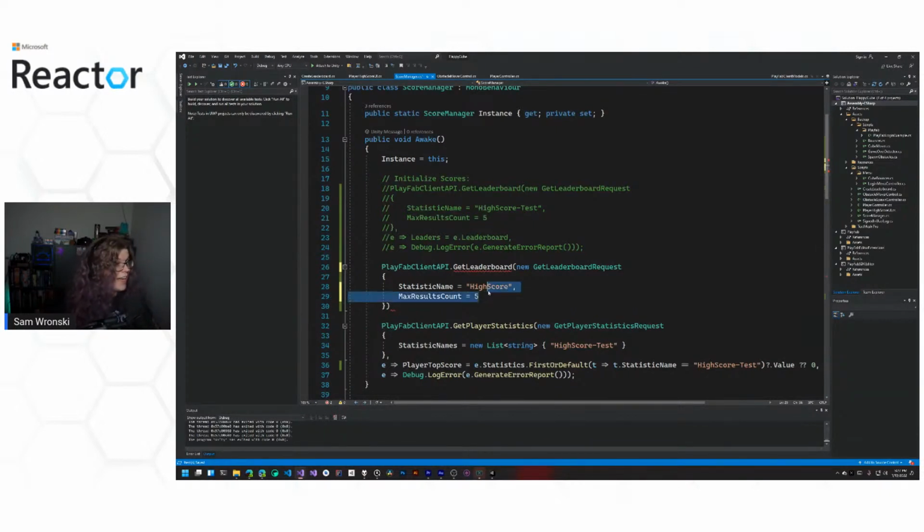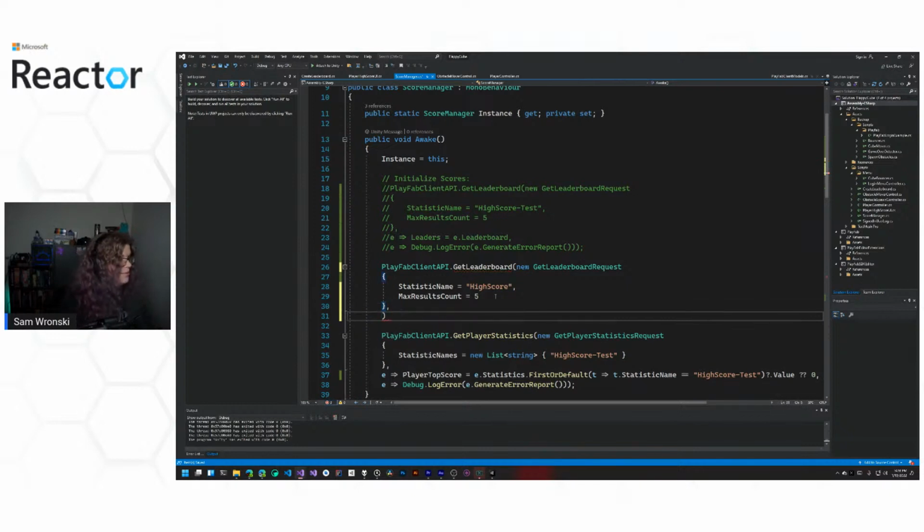And then we're going to get 5 just for ours, because that just makes more sense. And it doesn't clutter our UI. So that's what I'm choosing. But we can change that as we go on. So next, we're just going to do leaders equals result leaderboard. And breaking my bad habits.